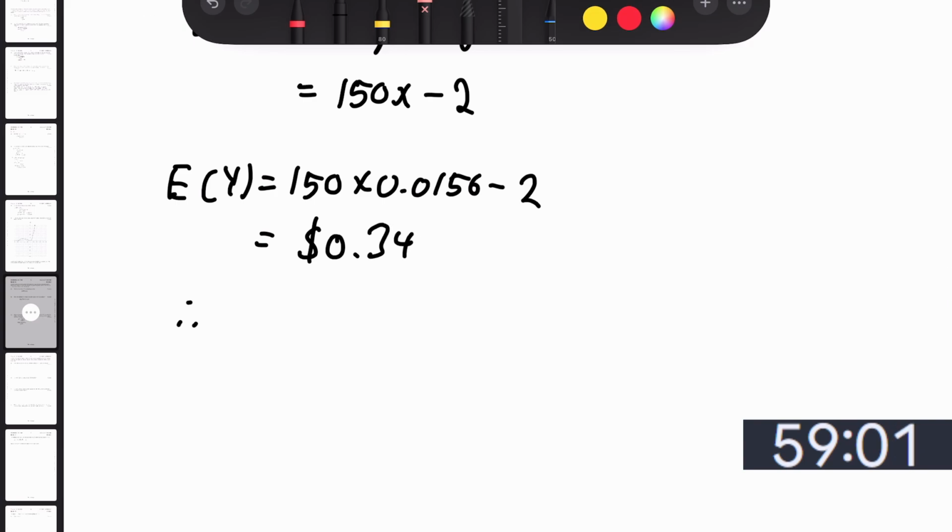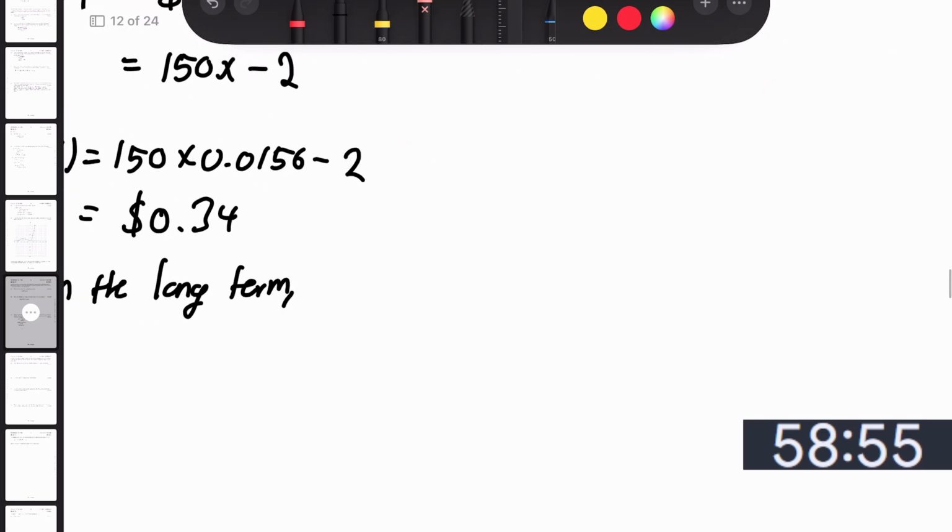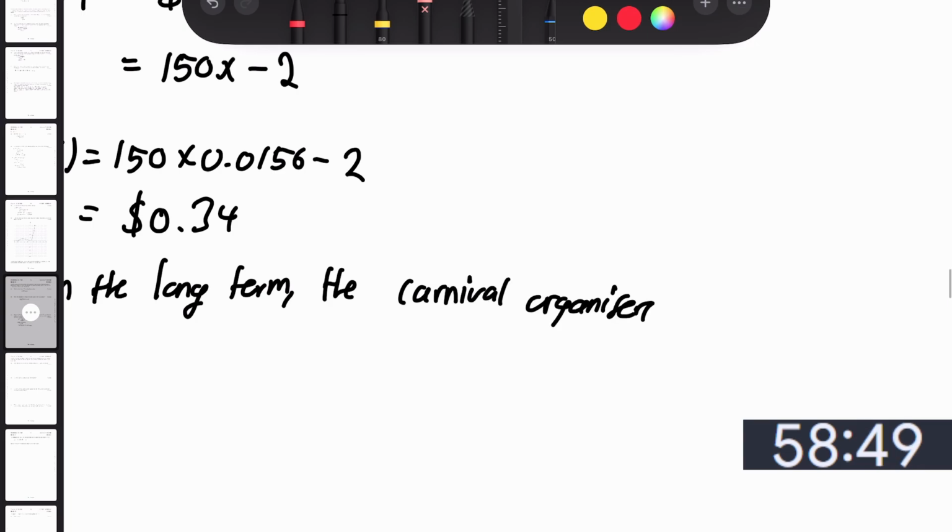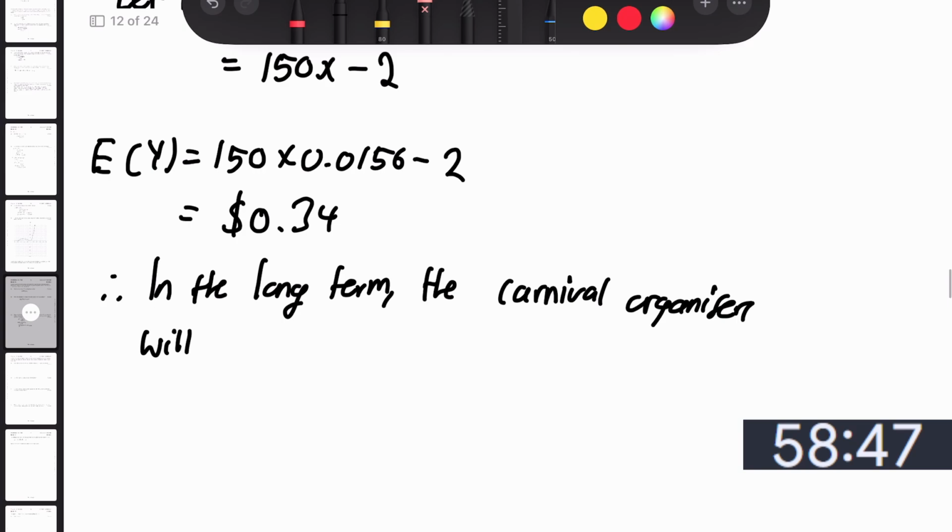Therefore, in the long term, the carnival organizers will lose